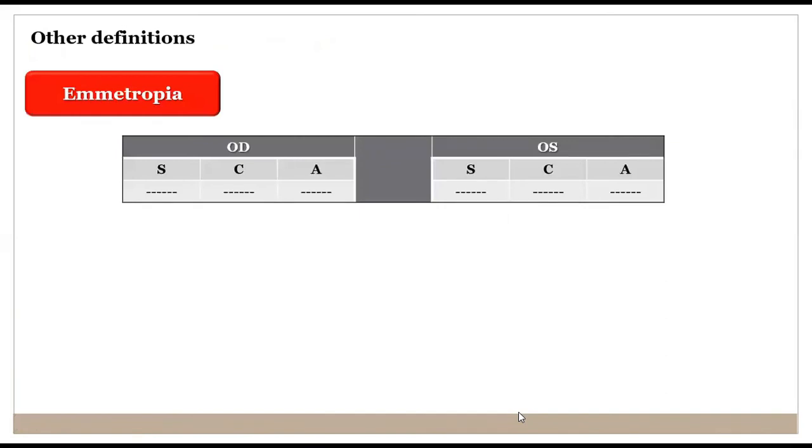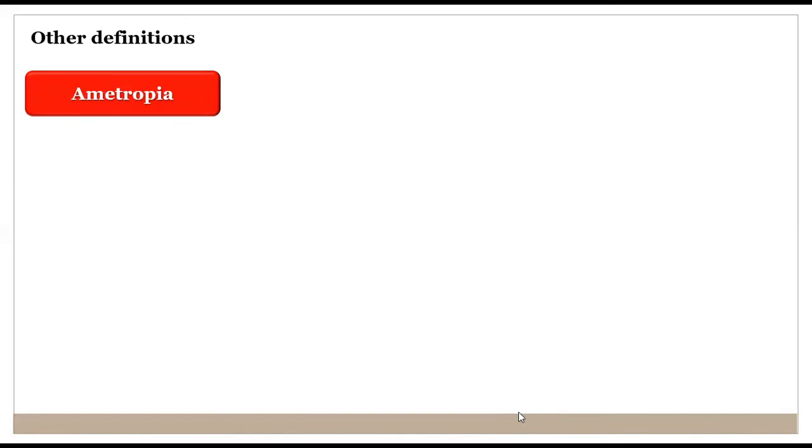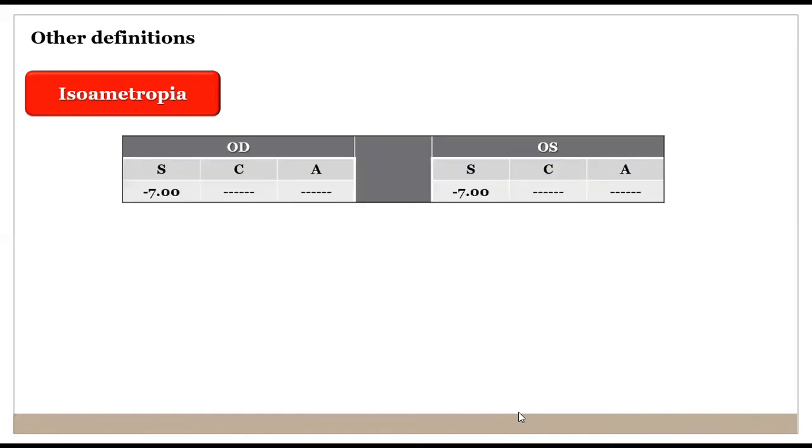Here a quick review about some important terms. So we have emmetropia, which is a perfect refractive state of an eye, which focuses objects located at optical infinity on the fovea with relaxed accommodation. So we don't have any refractive error here. And of course, any deviation from emmetropia, in other words, any refractive error is called ametropia, and it can be further classified into axial and refractive ametropia.